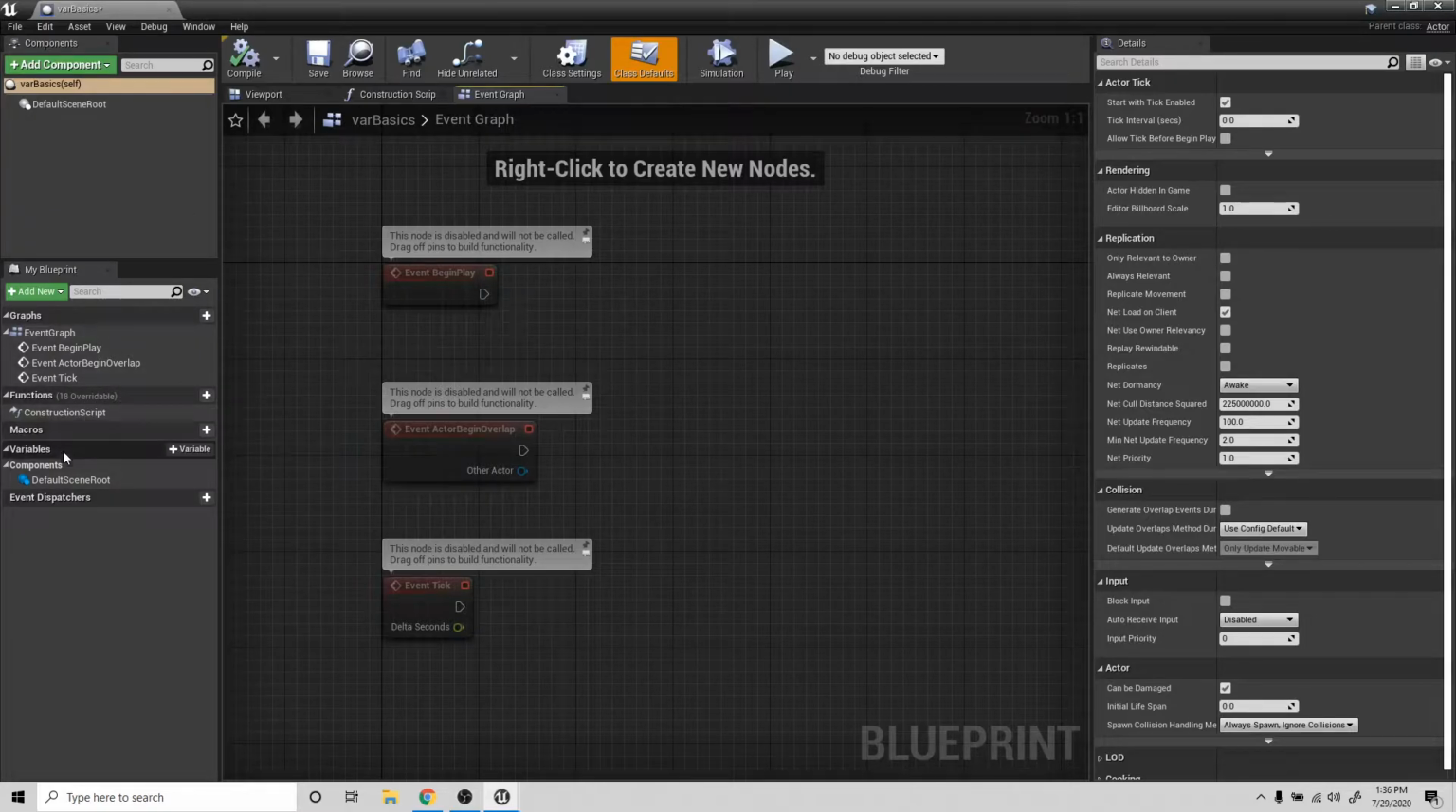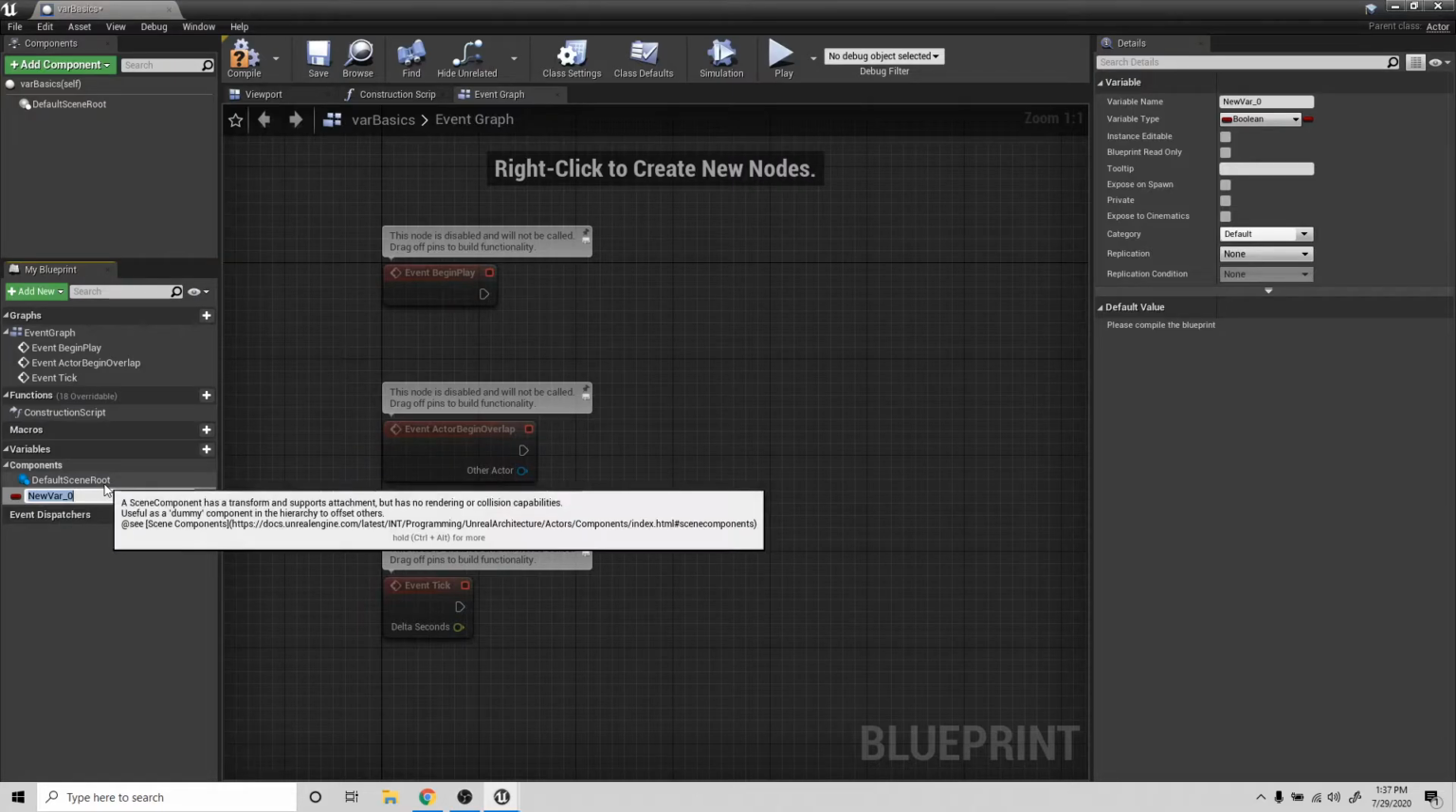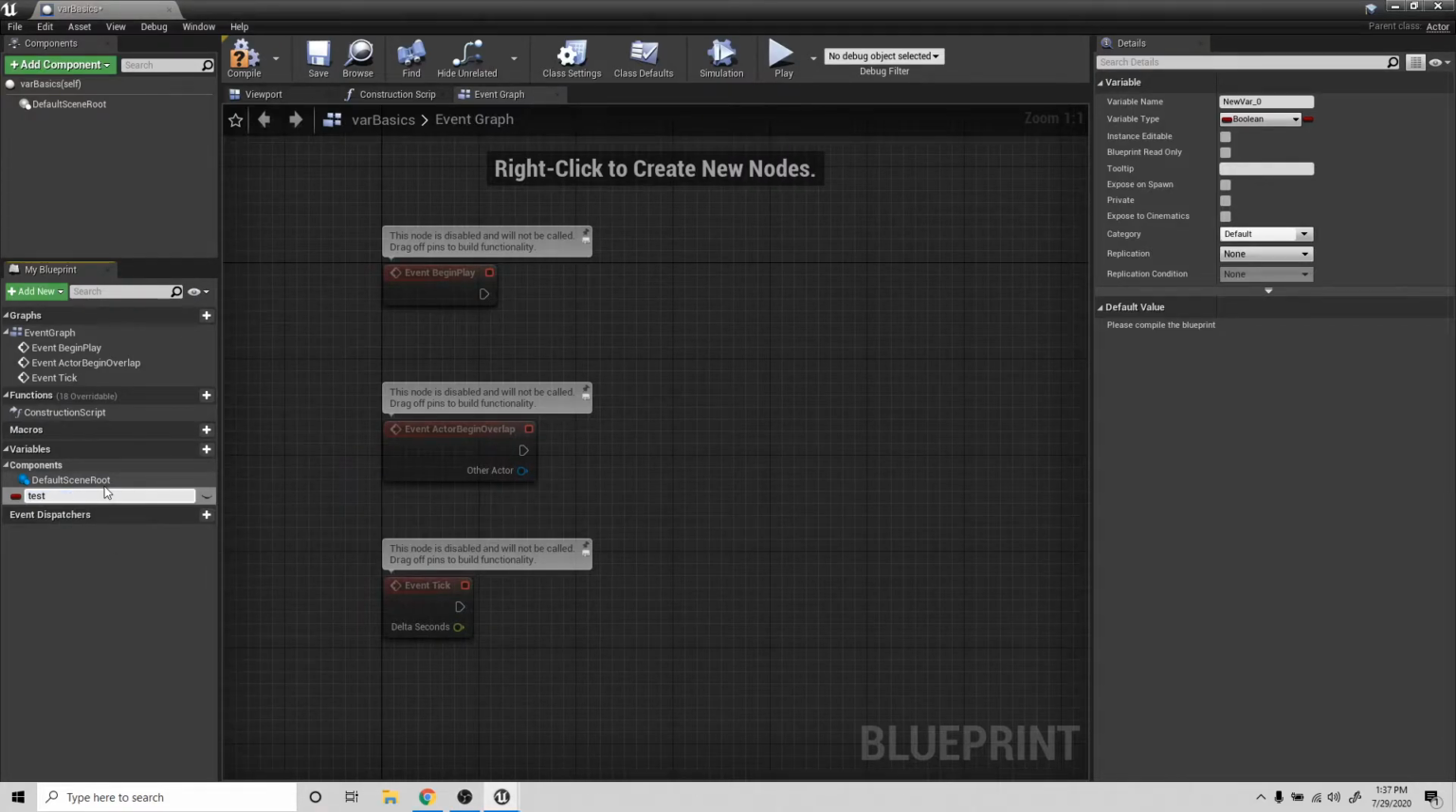So if we look down here in variables, we can create a variable that we can work with by clicking the plus sign and variable. That's one way we can create them. So let's try that really quick. Going plus, and then we can rename it. So we can just say this is our test var for a test variable,